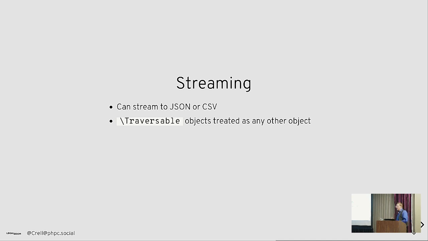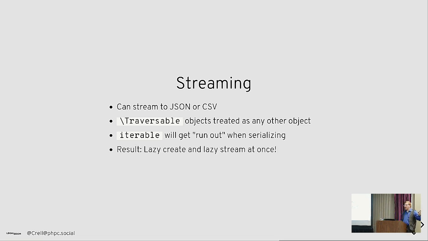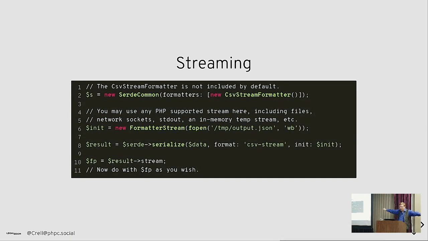So if you have a property that is typed traversable, or it's an iterator or iterator aggregate or something like that, then it'll get treated like any other object. And just whatever properties it has inside can get serialized. If you have a property that is an iterable, then PHP doesn't know if it's an object or an array, which means we treat it like an array, which means if it's generating values lazily, cool, we're going to serialize those values lazily. And if we connect lazy generation to lazy output, we can now stream values all the way through at constant memory. Let's have a look at a simple example.